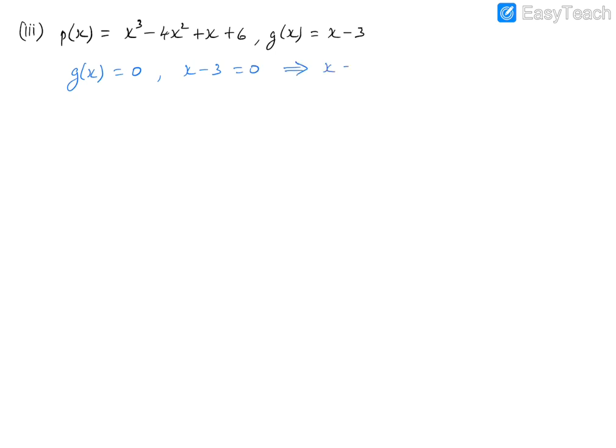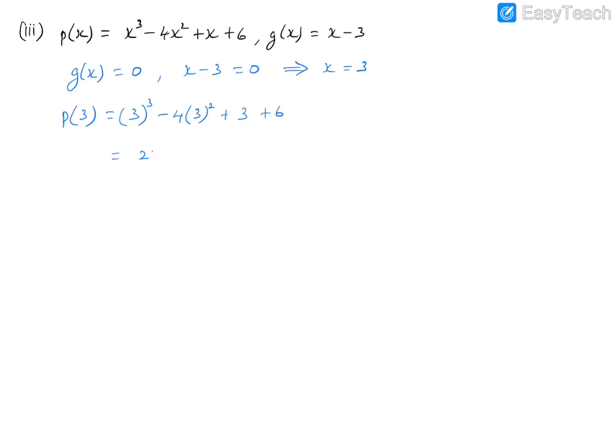And we solve for x, so that gives us x equals 3. So we need to evaluate the polynomial at that 3. So p of 3, which will be 3 cube minus 4 into 3 square plus 3 plus